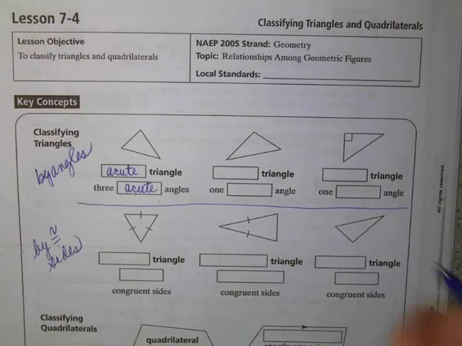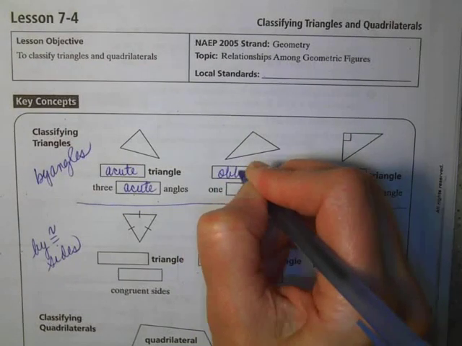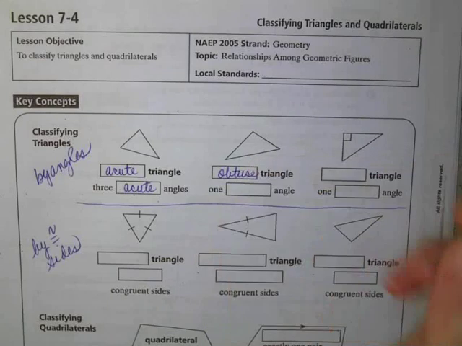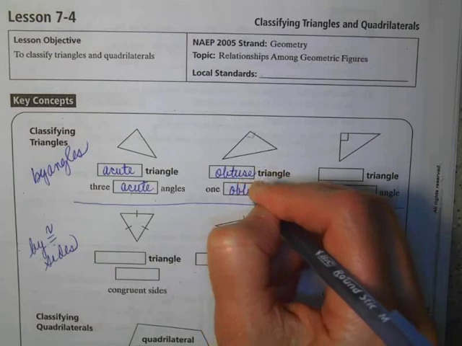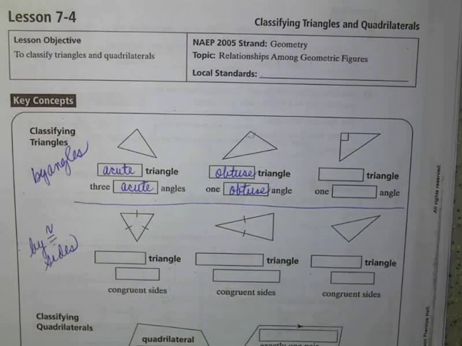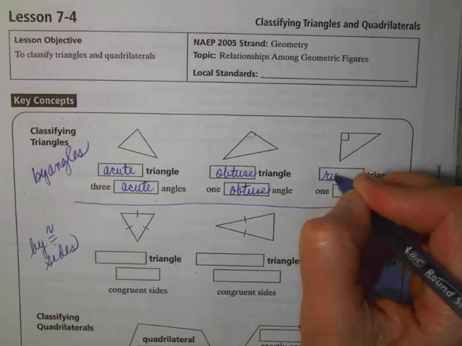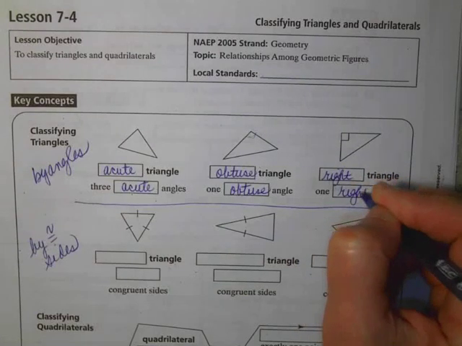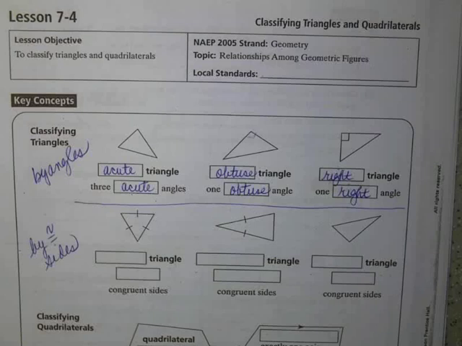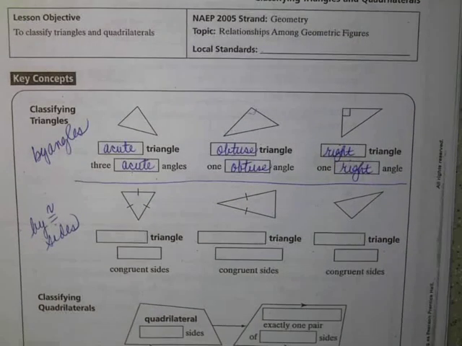We have an obtuse triangle because it has one obtuse angle. This angle up there is obtuse. And finally, we have a right triangle because it has one right angle in it. So that's pretty straightforward. If you know your angles and what to look for, it's pretty easy to classify triangles